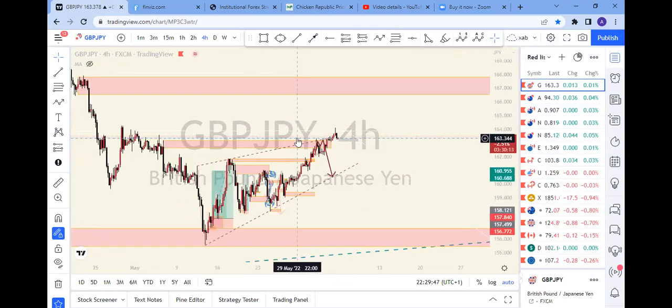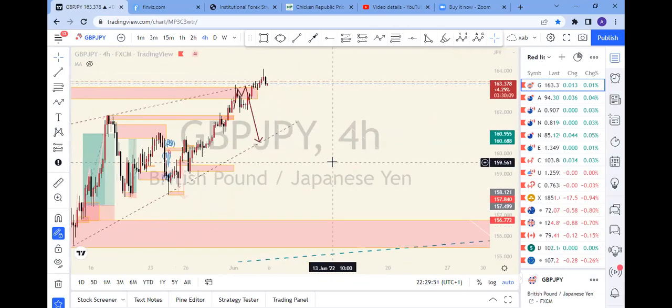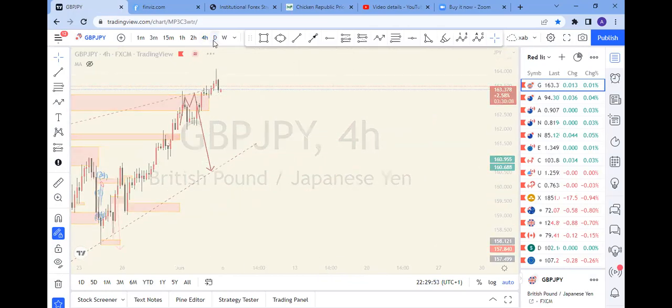And considering the fact that this is a trend line at the top of a wedge, we've seen the way the daily candle closed. It closed as a bearish reversal, I mean a bullish reversal candle. And I want to show us that on the daily time frame, so we see that.